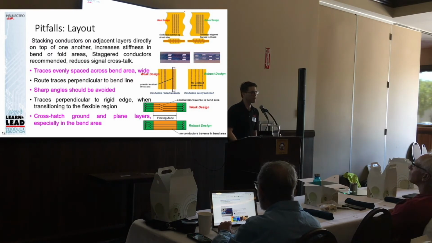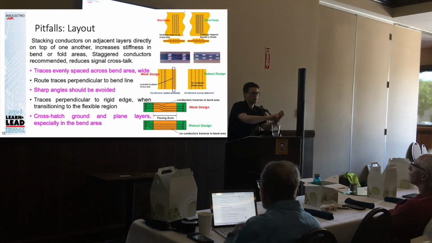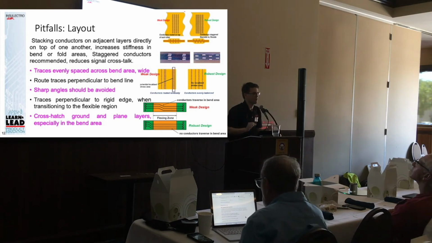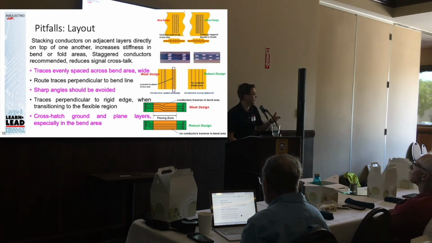Make sure when you're routing your signals across a flexible zone that you do not bend them and you do not shift them in any way. What can happen here is, again, here's your flex zone, and you can see we're changing those conductors to line up with a different, let's say, where we have to put our connector. We want to put that in the rigid section. If we put it in the flex section, our bend direction might not be transverse to the grain direction of the copper, and we'll get into copper's impacts here in a minute. But what can happen is that you're putting undue stress onto the flex cable. And when you don't have that assumption that you're bending with the grain direction of the copper,